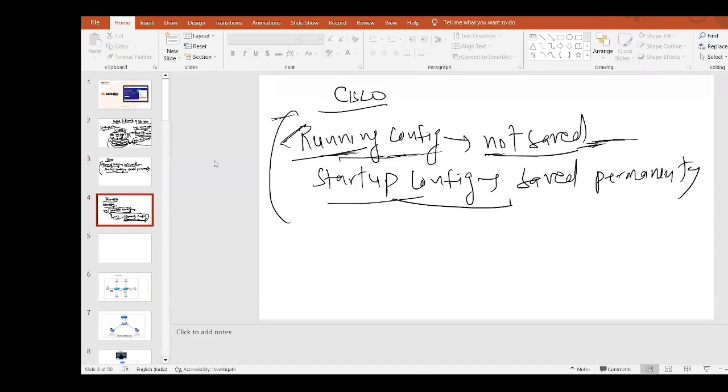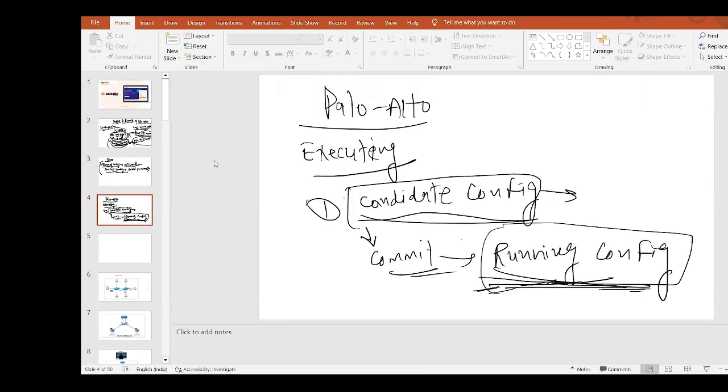But here I want to explain that running config in Cisco is something else, and running config in Palo Alto is something else. In Palo Alto, if you configure anything, like editing any configuration, creating any access list, NAT rule, policies, or routing, that goes to the candidate config, okay guys. And once you commit it,